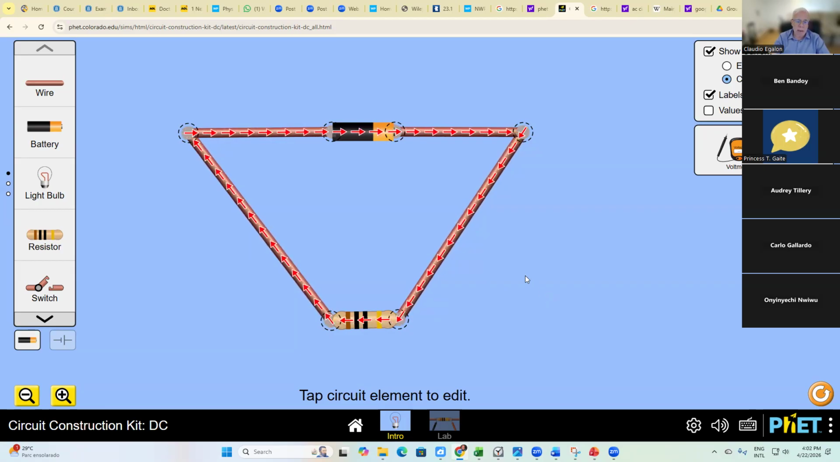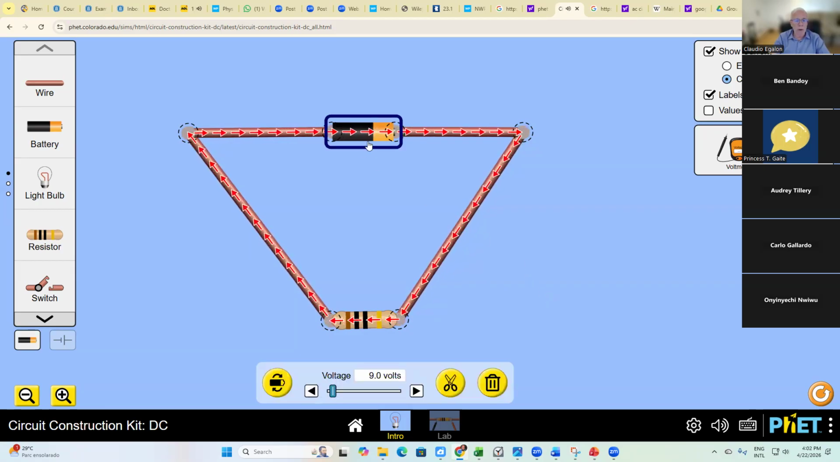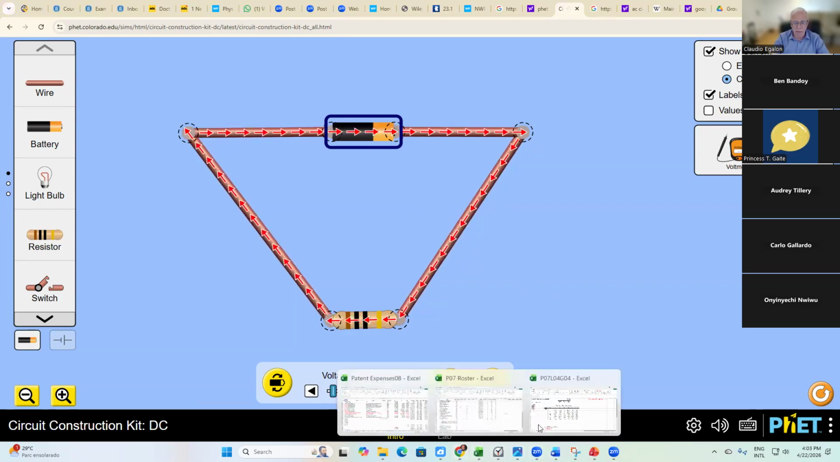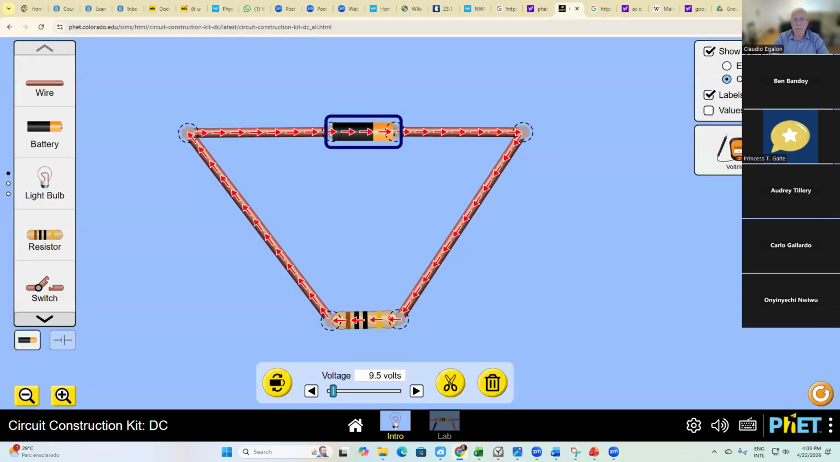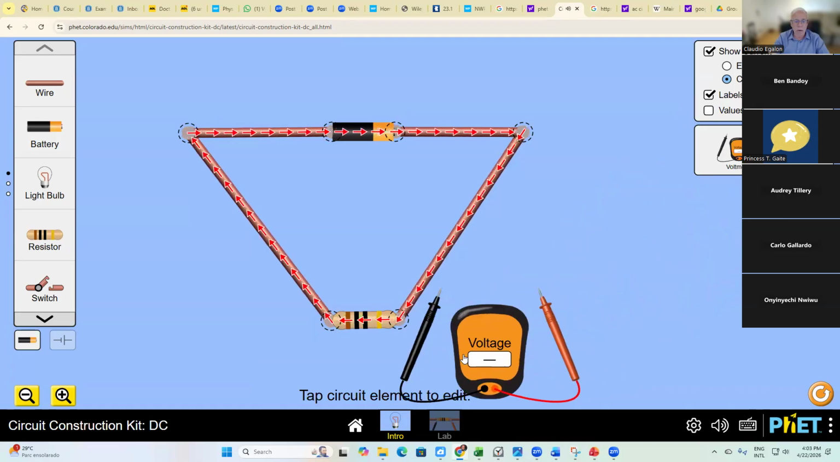In this lab, like I said, what are we going to do? We are going to start with 10 volts, and little by little, we are going to decrease the voltage. Go back there in your spreadsheet. We start at 10 volts, go to 8 volts. Oh, 10 volts, and then what do we do? At 10 volts, you measure the voltage across the